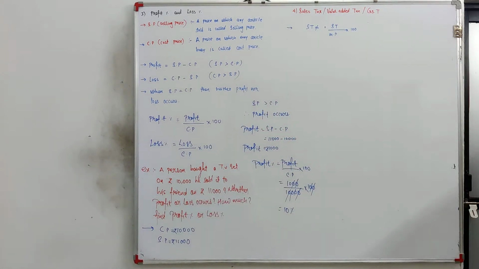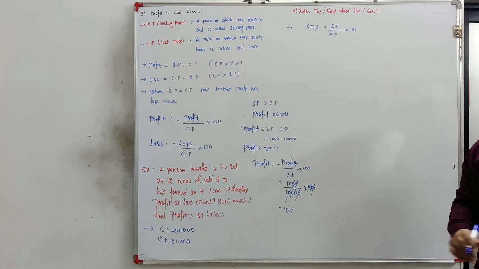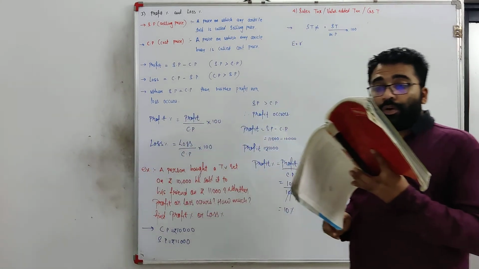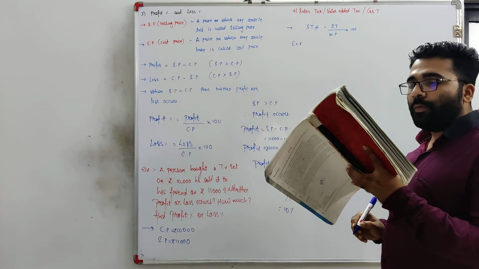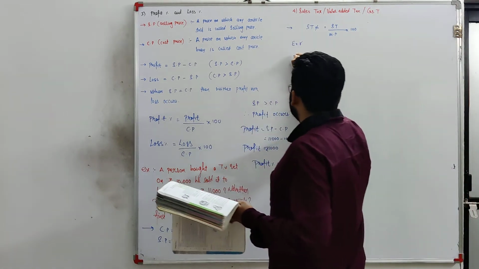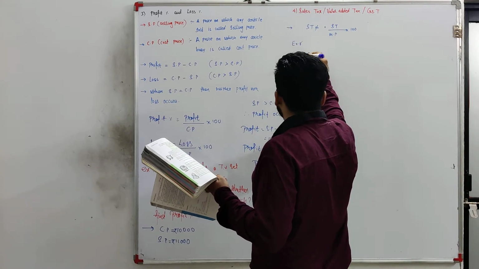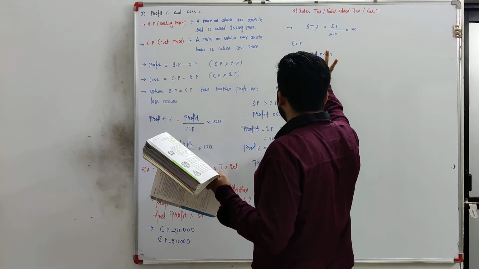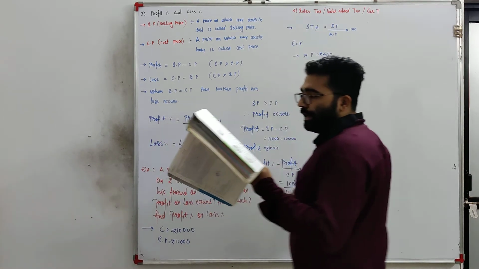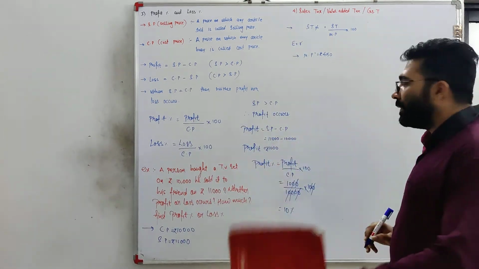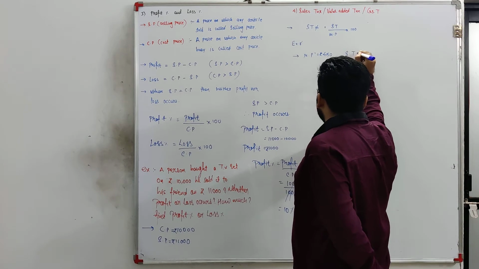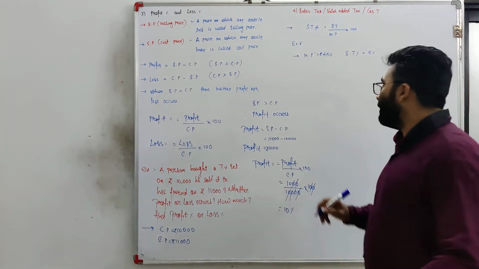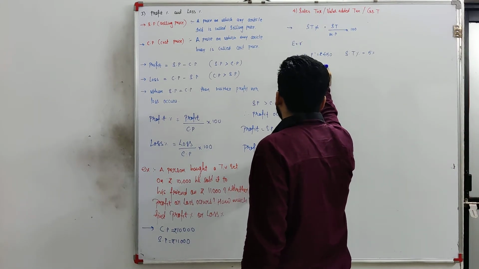Let me take an example. The example is example number 8. In example number 8, it is given that the cost of a pair of roller skates at the shop was rupees 450. Rupees 450 is the cost, or we can say it is the mark price. Now the sales tax charged was 5% on the bill. So the sales tax percentage is equal to 5%. Find the bill amount. We need to find the bill amount.